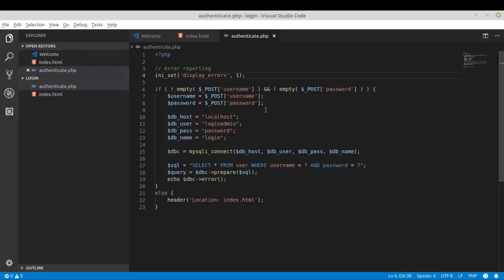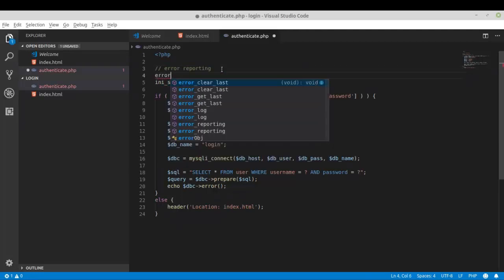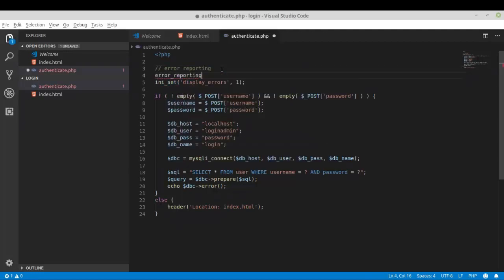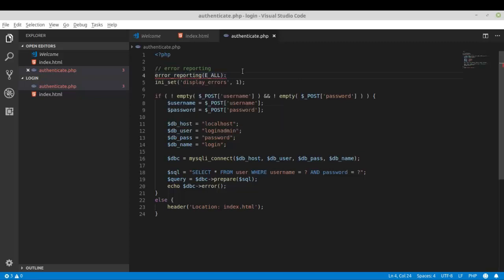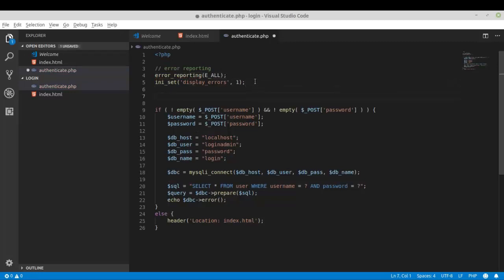and before that we need to use error reporting all, this one. So if anything goes wrong, error reporting all. So there is some problem, I think. Error reporting unexpected. Okay, we need to use this semicolon to end this statement,